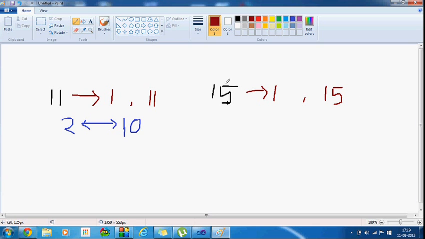Every number is divisible by 1 and itself. So I have to check whether the number 15 is divisible by any number from 2 to 14 or not. If it is divisible even once, it is not a prime number.